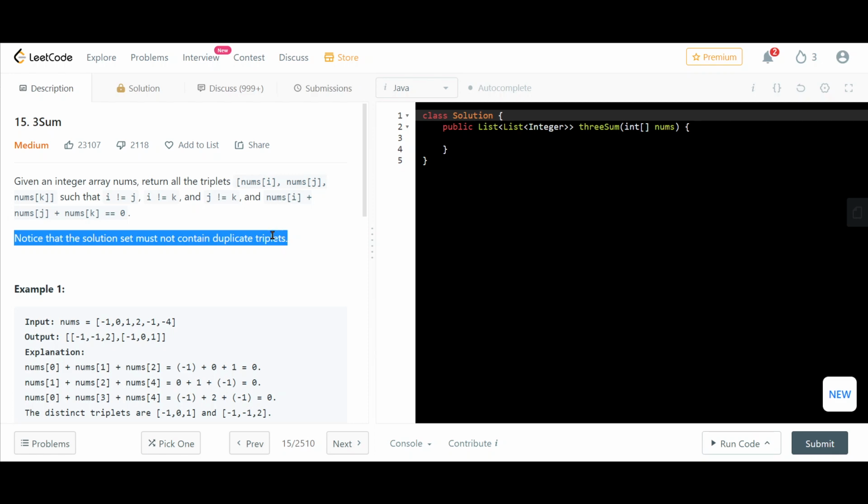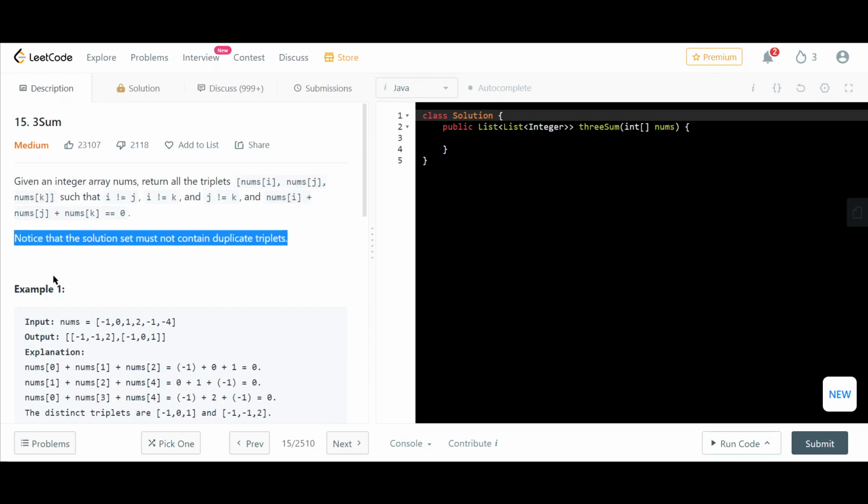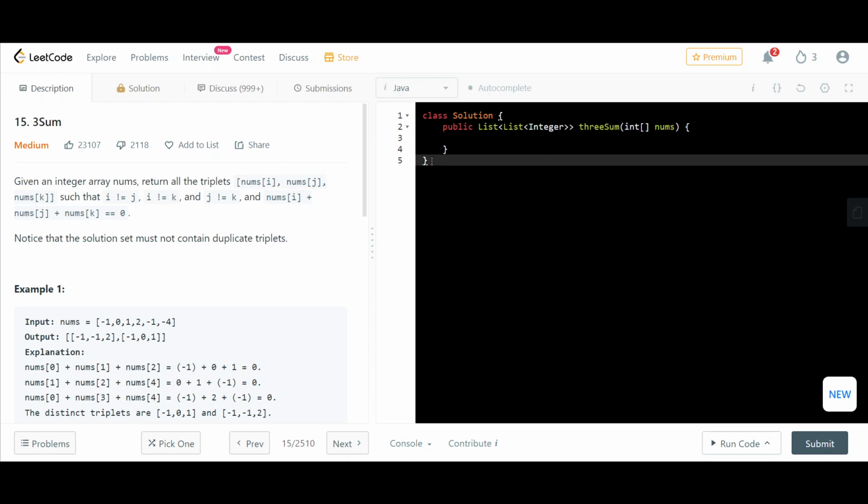So what does duplicate triplet mean? Oh, we have to return the nums, right? Okay, so for example, -1, 1, 0 and -1, 1, 0, 2, but they have to be unique and distinct triplets, whereas the order of the output and the order of the triplets do not matter. Okay, so that might be the tricky bit: how do we maintain the order? Maybe we maintain a set and we see, or the count or whatever. So one challenge that I see is we have to figure out